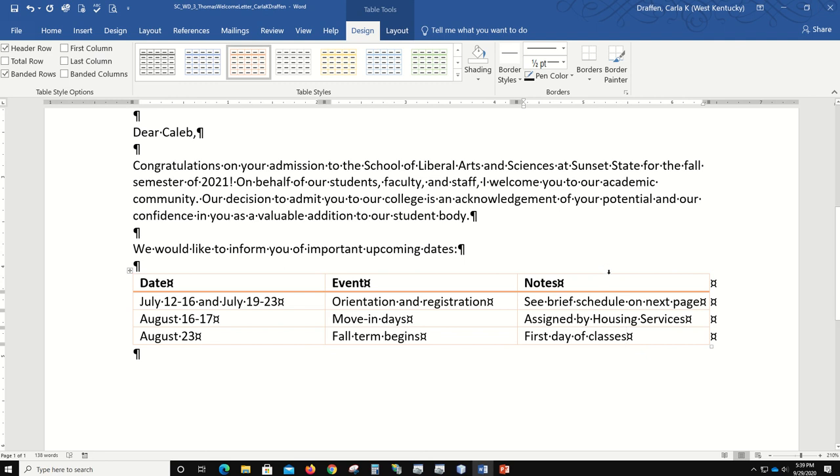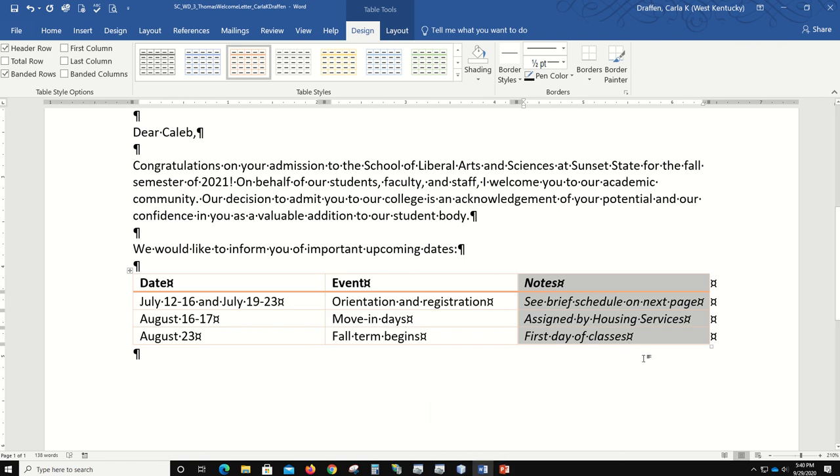You want to point with the little downward pointing arrow and click, and it's going to select that. And then they want you to use a keystroke combination of Control and then tap the I key to make it italics. That's quicker sometimes than going all the way over to Home and then clicking on Italic from the font group and then coming back to Table Tools Design. So we just use that in order to